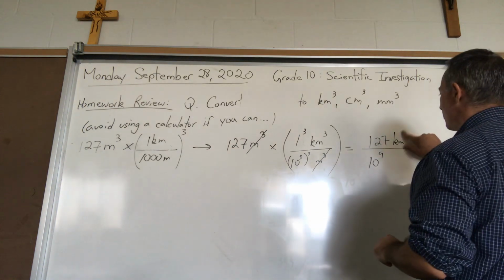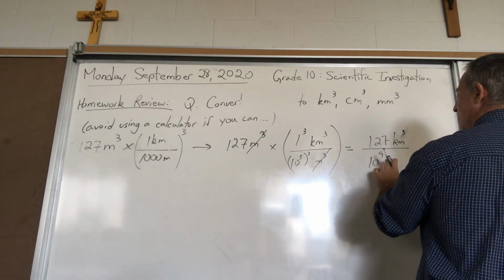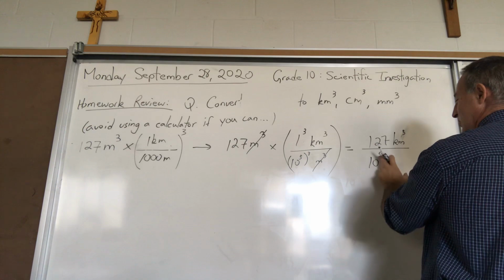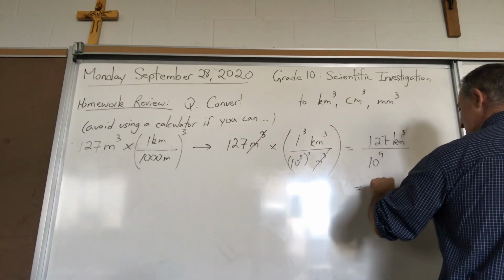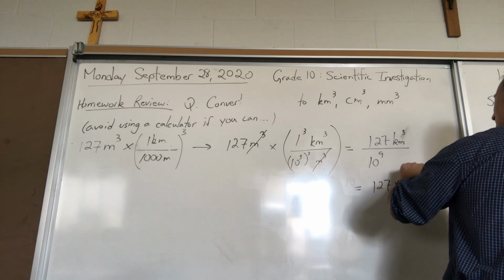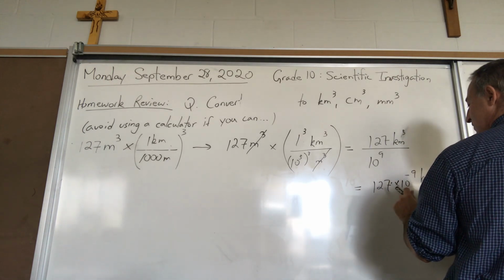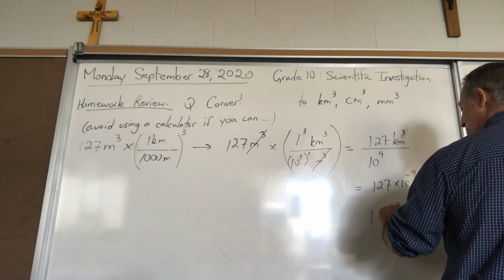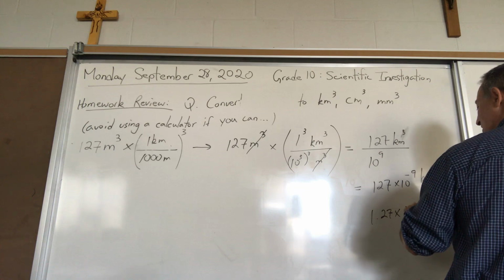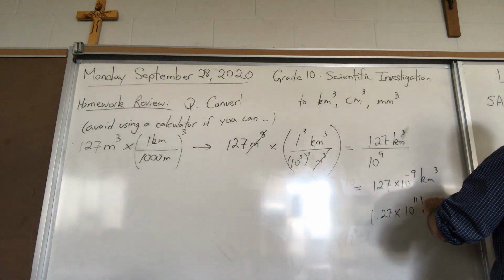Now, we know from the rules of exponents that you're allowed to bring an exponent from the denominator to the numerator, but when you do that, the exponent changes sign. So what you have now is 127 times 10 to the minus 9 kilometers cubed. And then if you want to put it in scientific notation, you take the decimal from here and put it to there. So it becomes 1.27 times 10 to the power of 11 because you jumped the decimal over twice. There's your answer in,